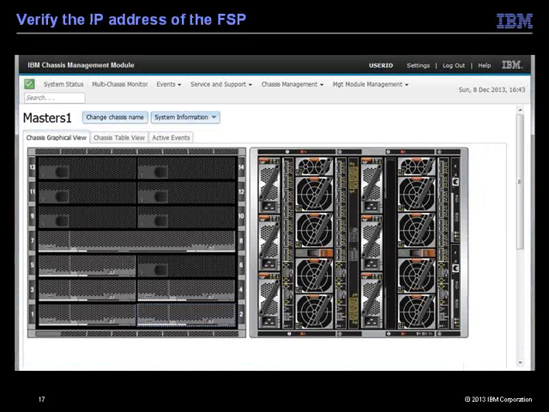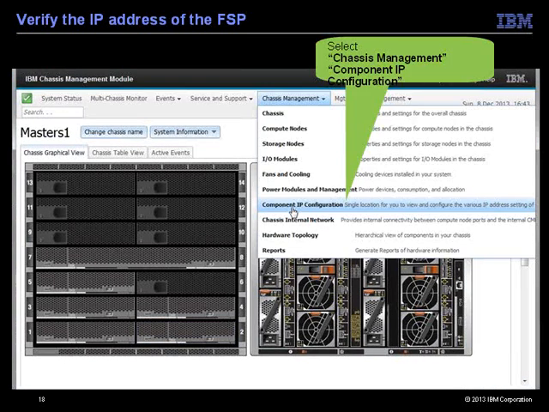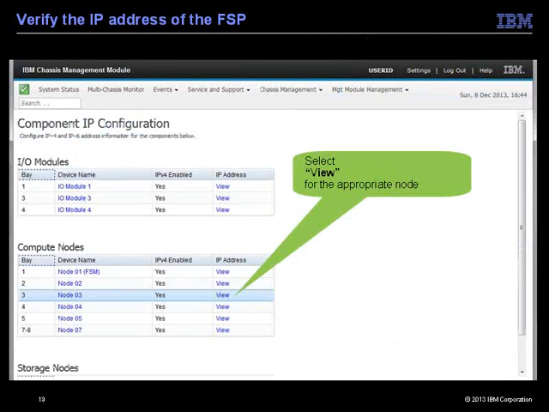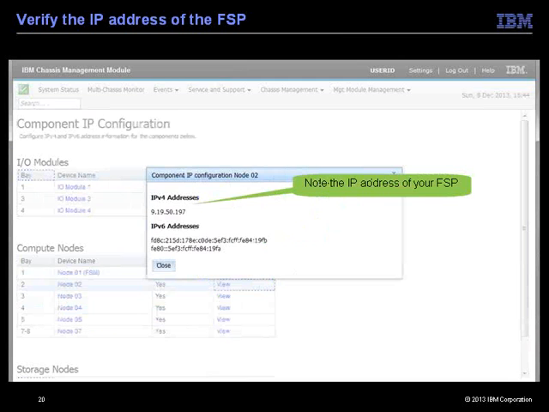So we see a view, the graphical overlay of the chassis and what we have in it, and we can select, under Chassis Management, Component IP Configuration. From there, we can get a listing of the IP addresses, so we'll see the various nodes inside the chassis, and we can click the appropriate link to view the IP address for that node.